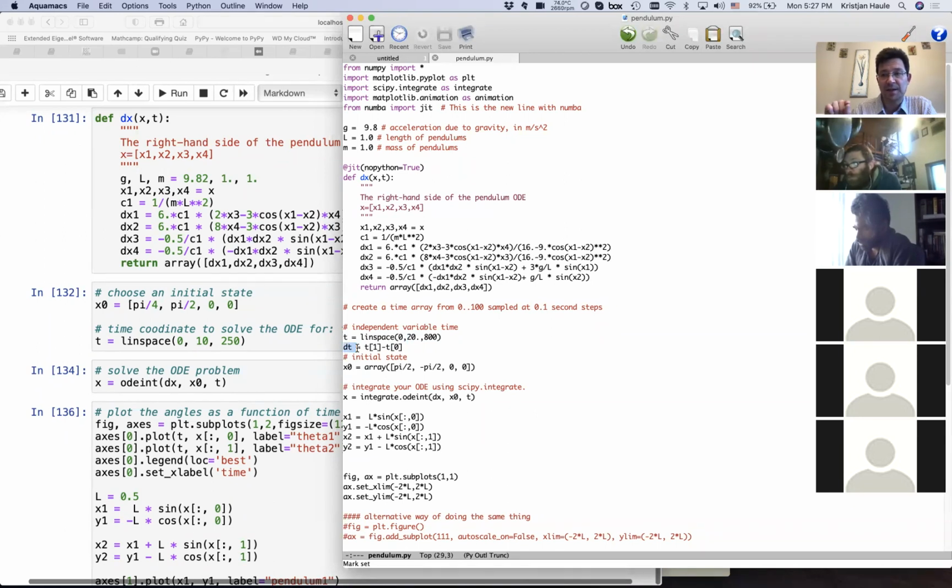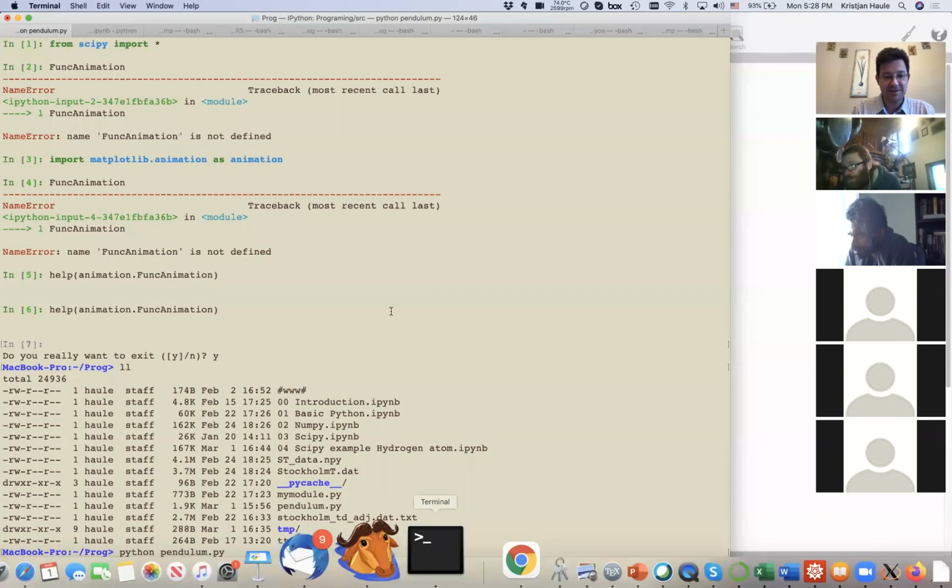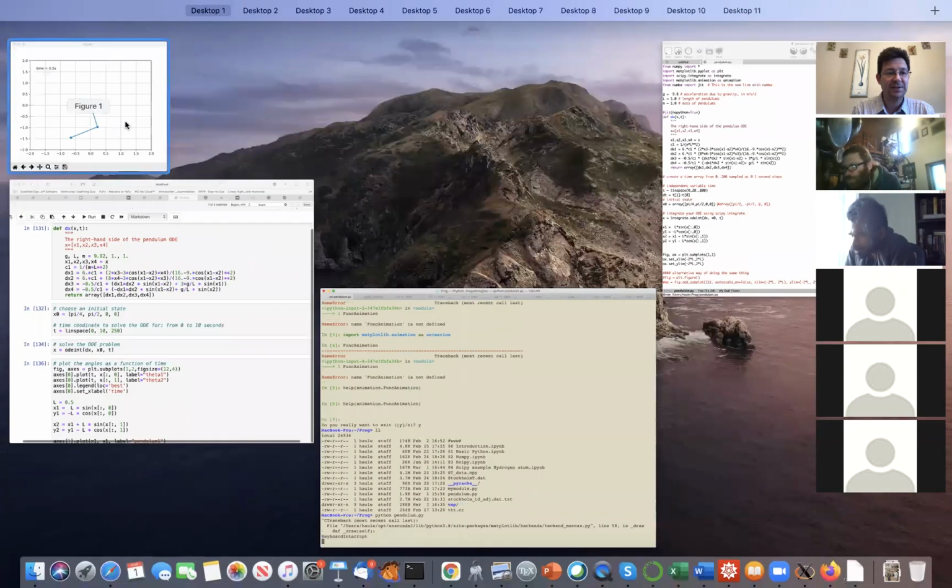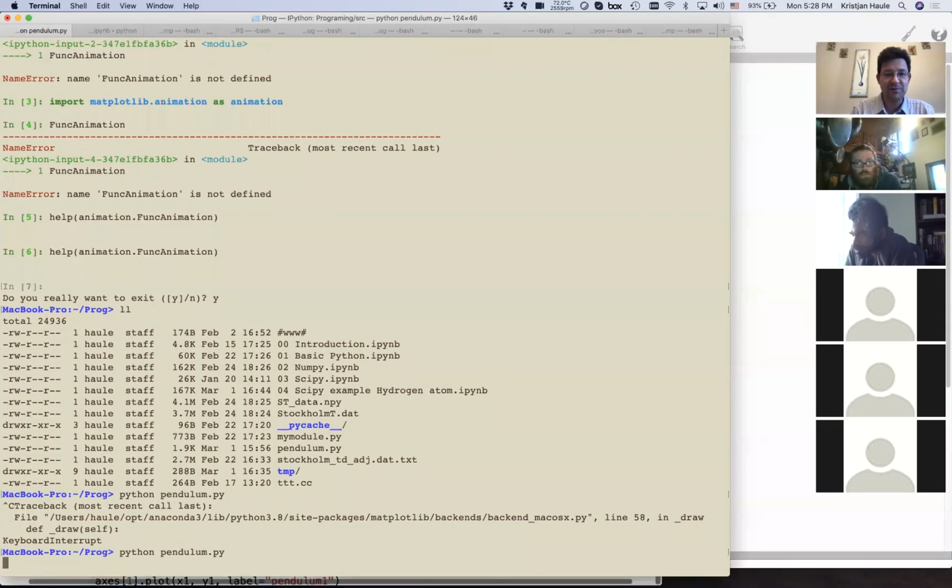This is just in order to print the current time. So therefore, we need the size of the time step. Okay, then the initial state. We used pi over 4, pi over 2 before. But it turns out that pi over 4, pi over 2 is kind of boring for simulation. We can try, but you will see that it's boring. Pi over 4, pi over 2, 0, 0, like this. It kind of doesn't do much. So therefore, I decided to choose a little bit more